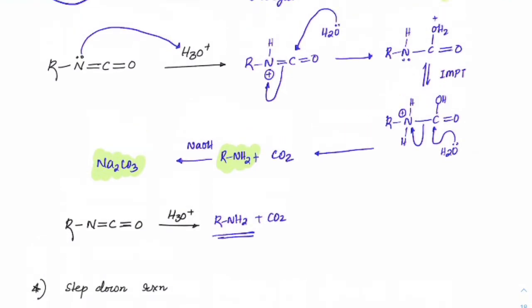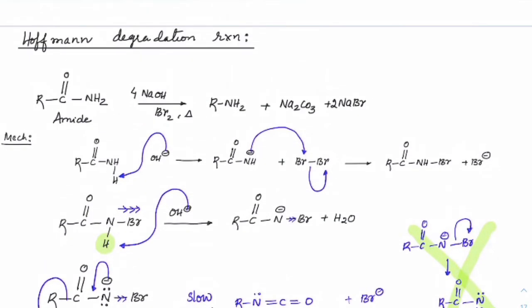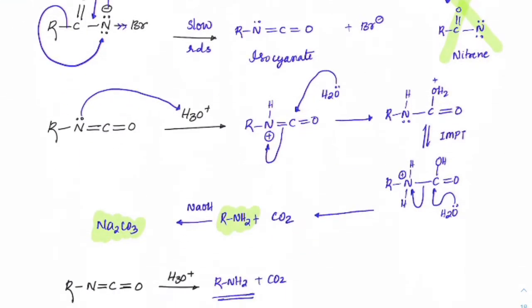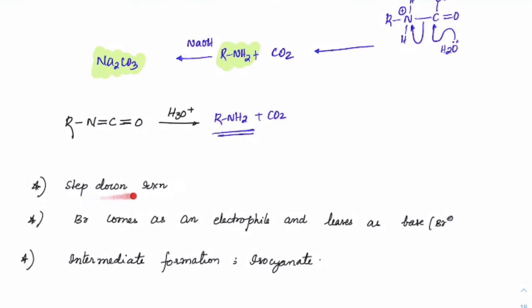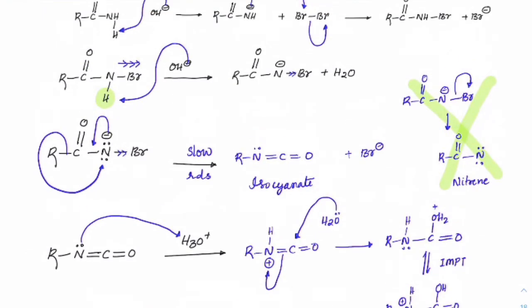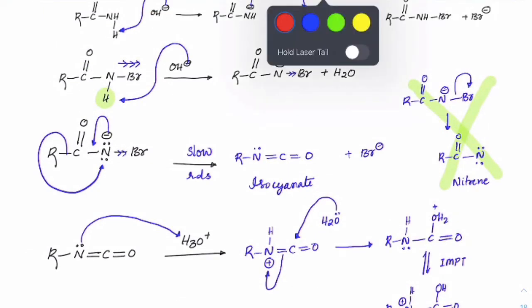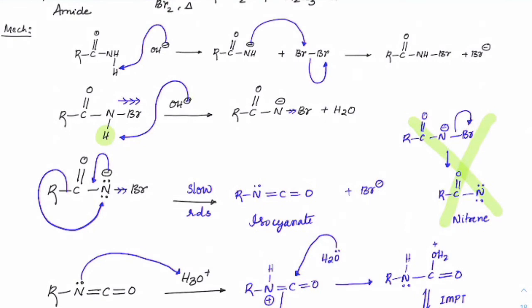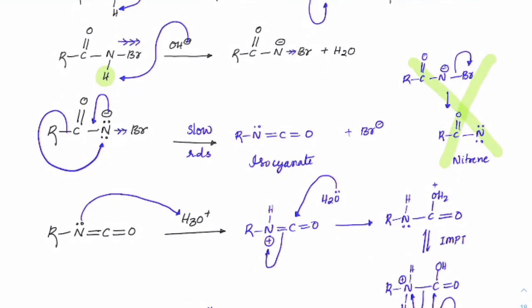Got it. This is also called a step down reaction, because if you see, we started off with C double bond O, and this has been lost, which means one carbon will be less in the main chain. That's why it is also called the step down reaction. You can see it is a step down reaction. Okay. Next, if you see bromine, like I said, when we are attacking bromine here, it was entering like an electrophile, but after the formation, it is leaving, where is it?